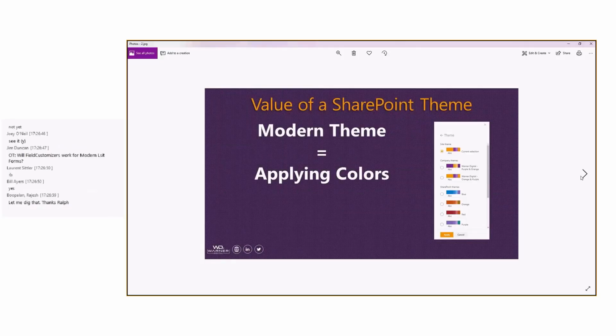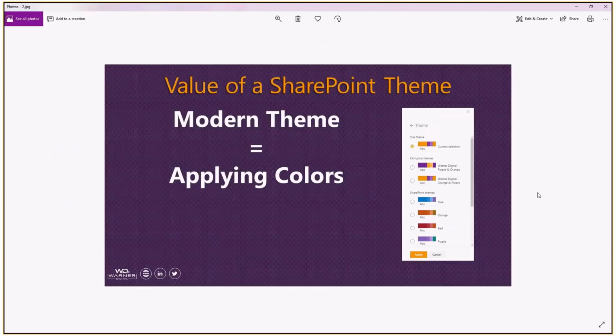So when we think of the value of a SharePoint theme, we typically think of applying colors. This is the SharePoint framework SIG call, so I think it's a large conglomerate of developers. It's a pretty simple thing for us to do and create, right? We go to the Office UI Fabric, develop a palette or configure a palette, run a few lines of PowerShell, and we're good to go. But for a lot of marketing communications departments or employee engagement departments that are responsible for managing the SharePoint sites, a modern theme actually equals user adoption. And the buy-in by users for just simply having colors change is pretty significant.